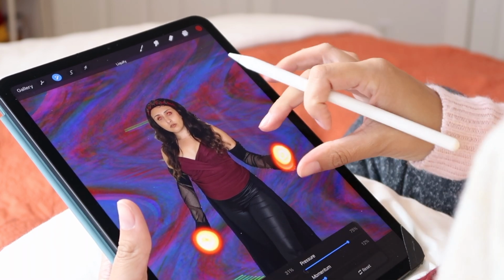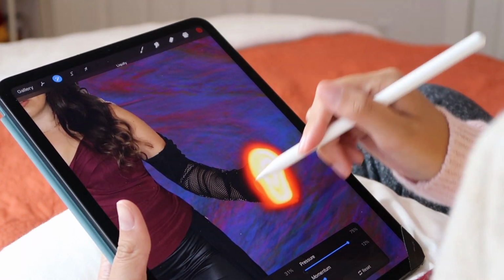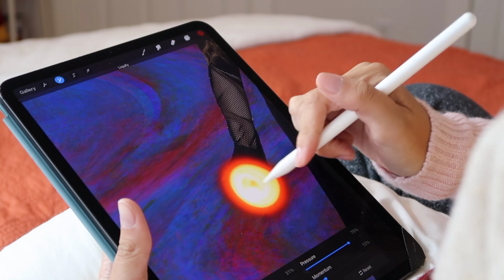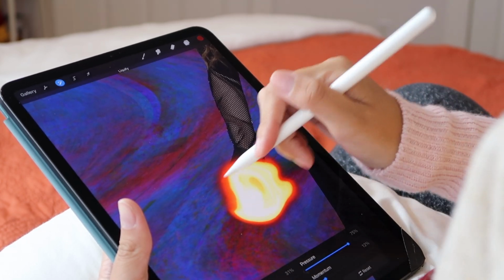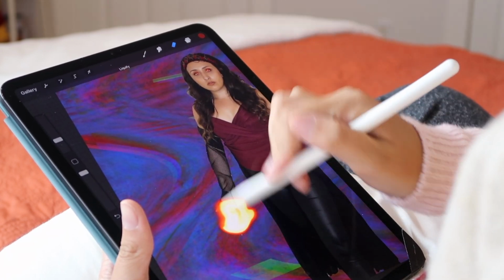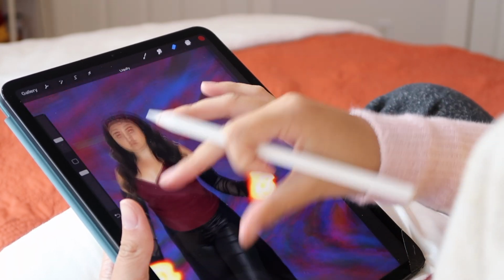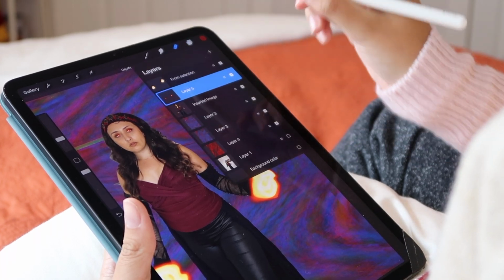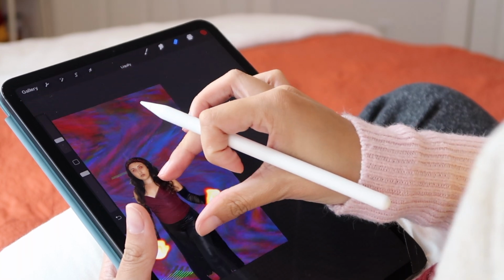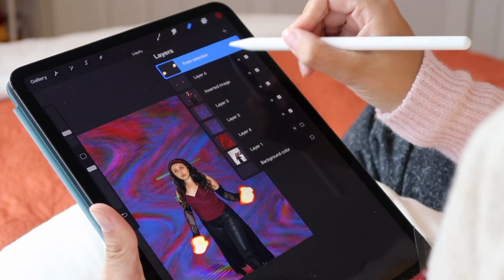Let me make that smaller. Whoa. That's kind of fun. And you can just push it around a little bit. Let me go back to the other layer and just erase it so that's not in the background. Okay, and then to blend it a little bit better, I might want to go down and click that little N on the layer